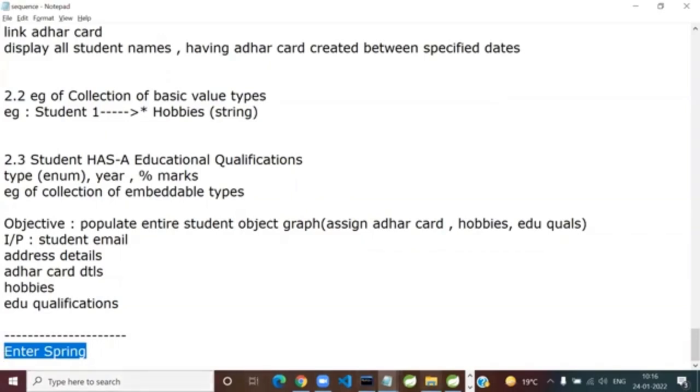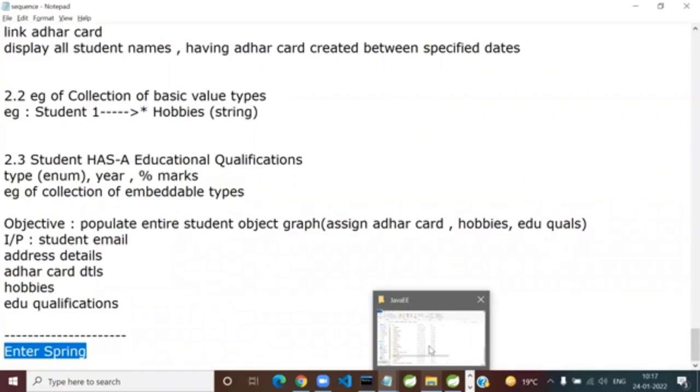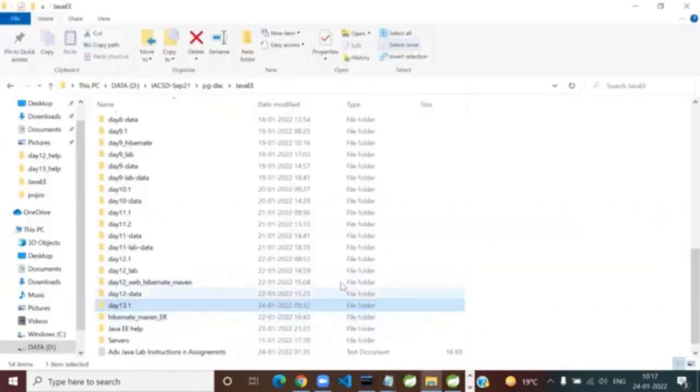Today, after finishing this, we are entering Spring. We have to, otherwise there will be too much of a rush. And the most important topic is Spring and Hibernate. So coming back to the point, please follow this because there are going to be additional jars to be downloaded, and you all know how long it takes to download the jars. So the steps are very familiar. Create a simple Maven project, I'm giving you the pom.xml, so please keep it ready in the break. After finishing this value types topic, we are going to enter into Spring. So we will create today the first project in Spring.